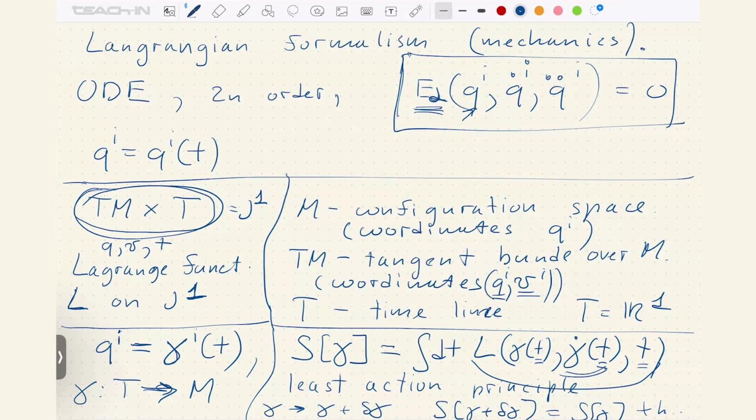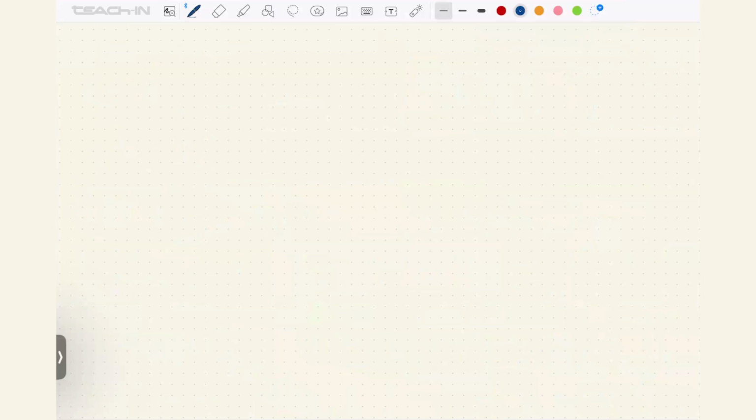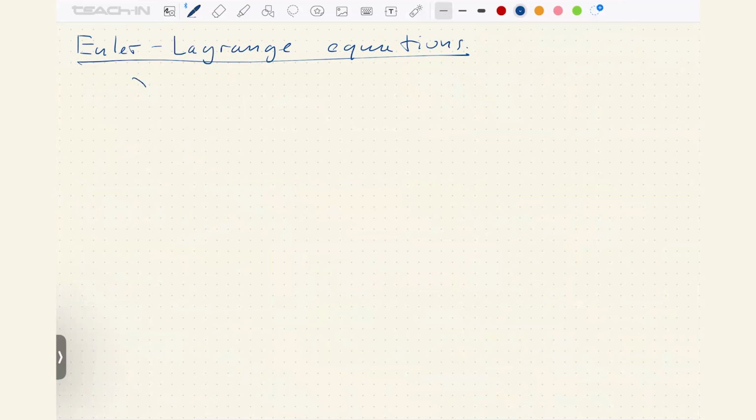You all had it, and you know the answer. So if you want our trajectory to be extremal, then it must satisfy what is called the Euler Lagrange equations, which look like this. The nice point is they can be expressed entirely in terms of the Lagrange function, right? They look like this. dL over dq_i, where we need to put, of course, q_i equal to gamma_i of t upon evaluation of the